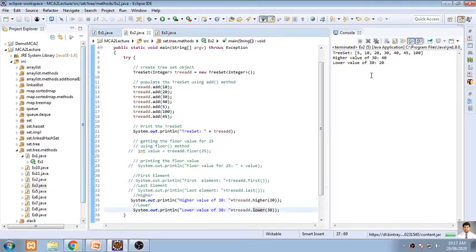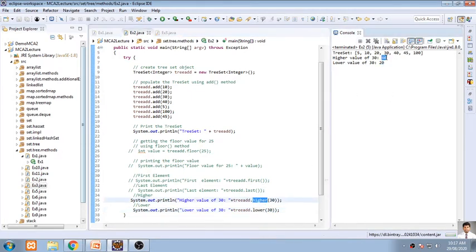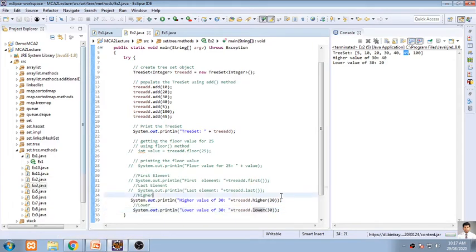What is lower than 30? Automatically it will show 20 as the lower value. What is higher than 30? It will automatically show 40 as higher than 30. So 30 is considered the base node. The lower value is obtained using the lower function, and the higher value using the higher function. The same can be done with the floor function for the lower value and the ceiling function for the upper value. Just like higher and lower, you can use floor and ceiling also. Same execution, no issue. Are you getting this?